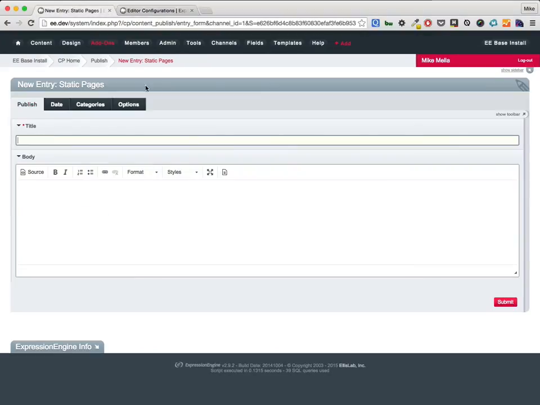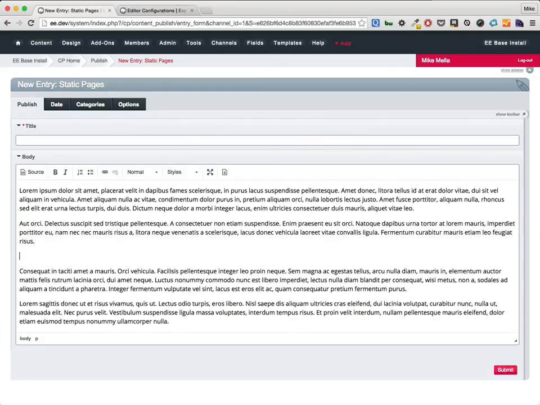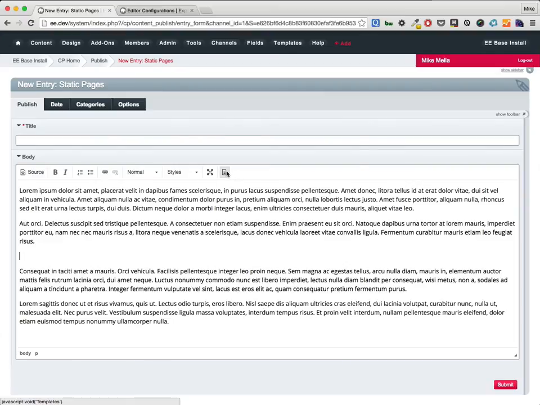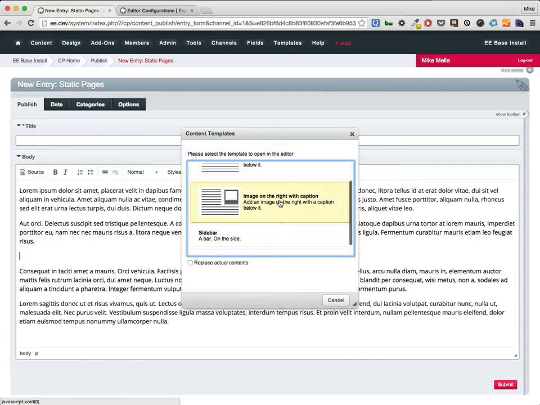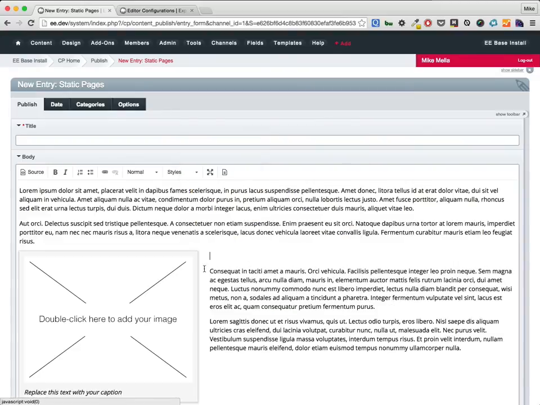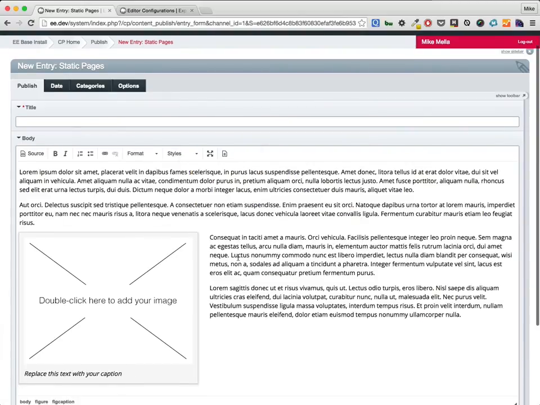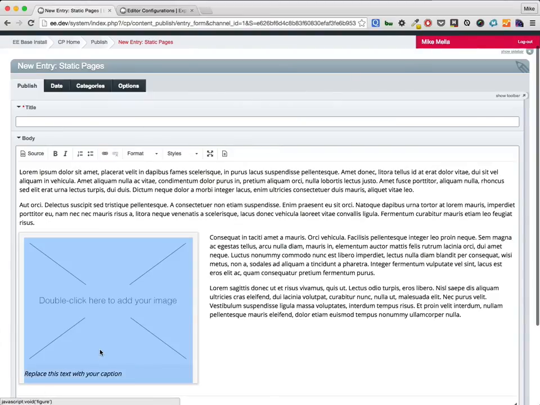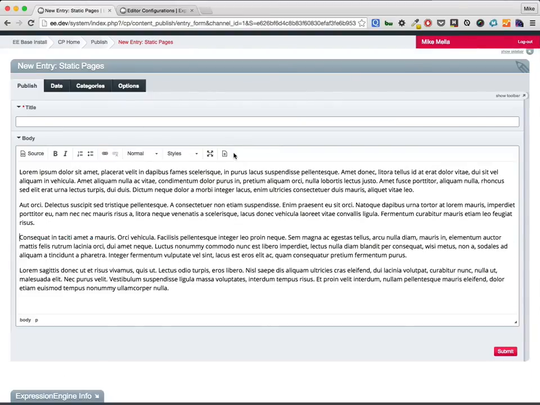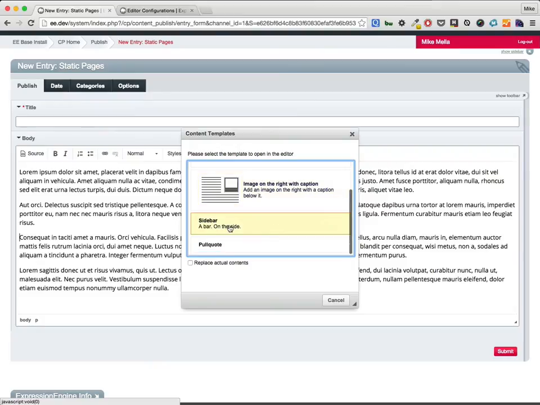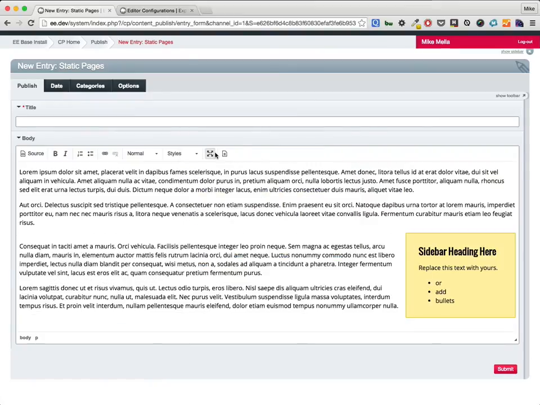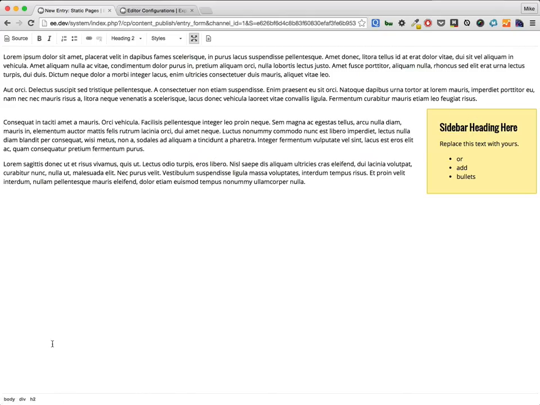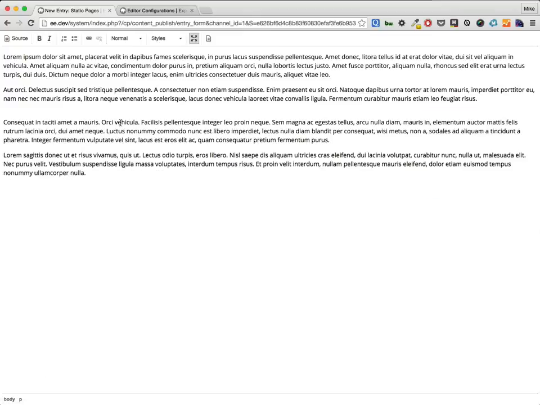Update that, and if I go back here, drop some content in there. So if I want to do the image, let's go into the templates button, and there's my templates that I've created. So the beauty of this thing, there's a couple of great things. The first is you can put whatever code you want in here. As you can see, I've got other templates. Maybe they have a sidebar that they tend to use in this channel, and I want to let them drop that in wherever they want. Maybe it's like a